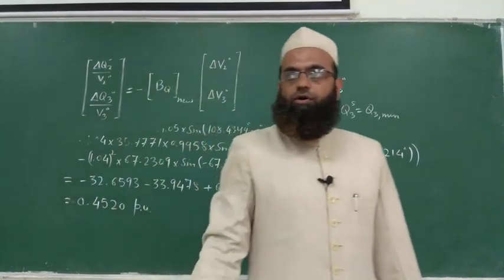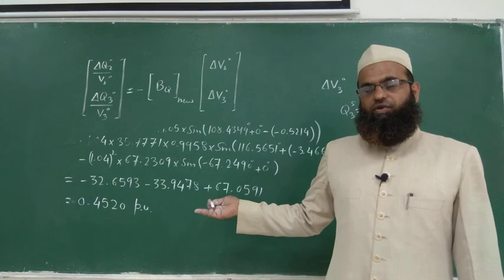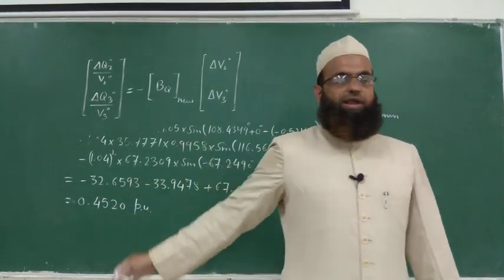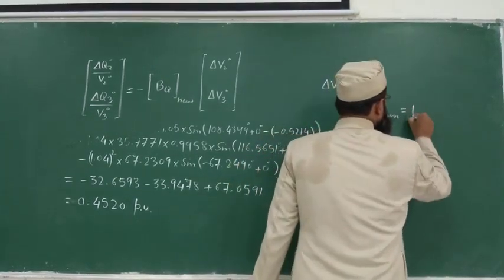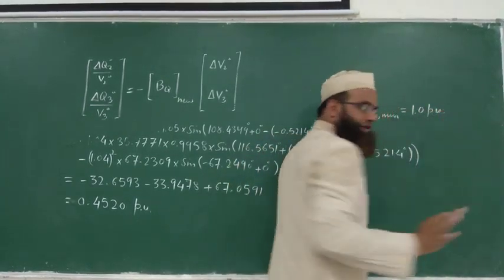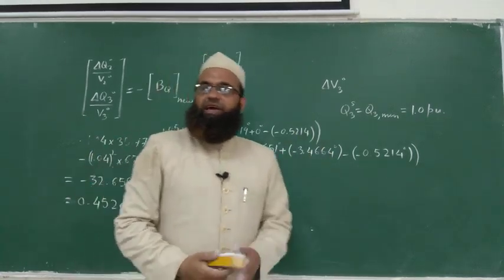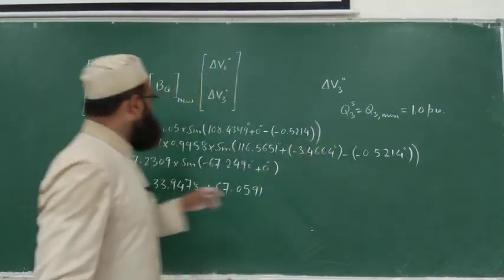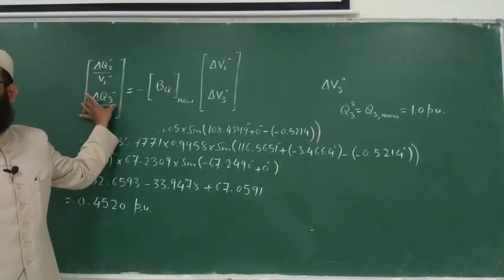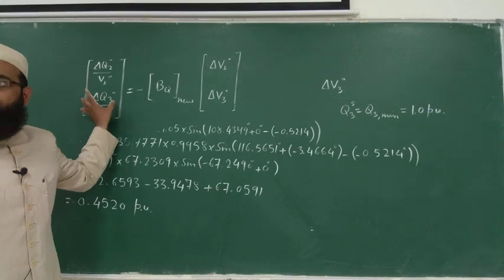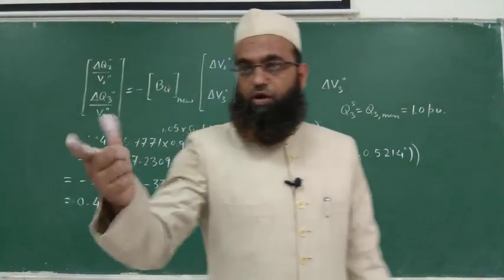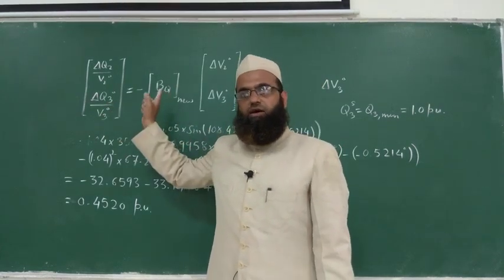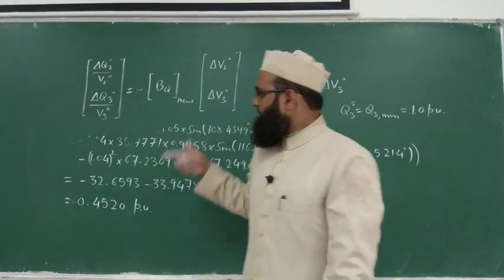You will substitute QIR, which is coming out to be lesser than the lower limit, as the limiting value. That will be specified. What was that? This is 1.0 per unit. Fine, whatever it is. So the extent of deviation of your calculated value from the lower limit will be obtained with the help of this del Q3 value. This will give you that extent, up to what extent it is violating the lower limit. So this will be the difference of QI min minus whatever QI calculated you are having. Fine. This one.